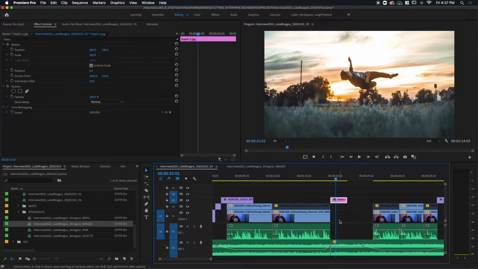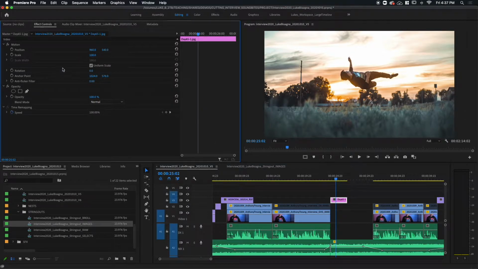So I'm going to select the image and go up to my effect controls here, and you can see there's a motion tab here. If I twirl that down, I've got position, scale, rotation, anchor point, anti-flicker filter. What we're concerned with here is very basic motion, position and scale. So what I'd like to do is have the image grow a little bit as if the camera's pushing in toward him in midair, and then have it move over a little bit to the left and toward the top portion of the screen, just slightly, to help maintain focus on the subject in the image.